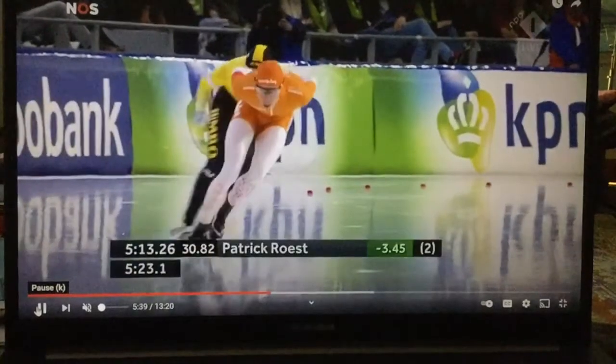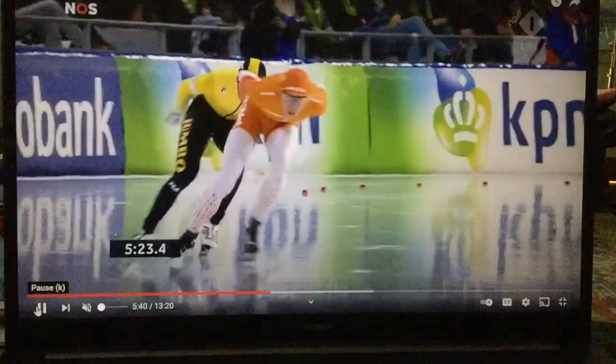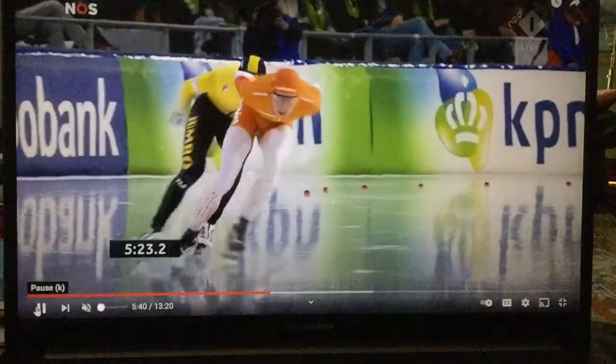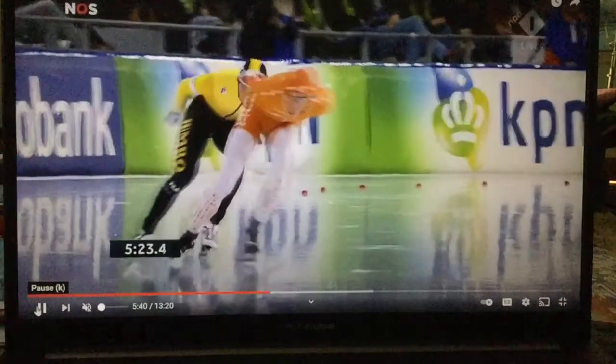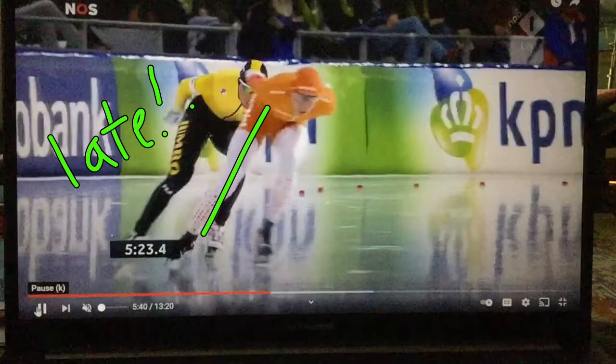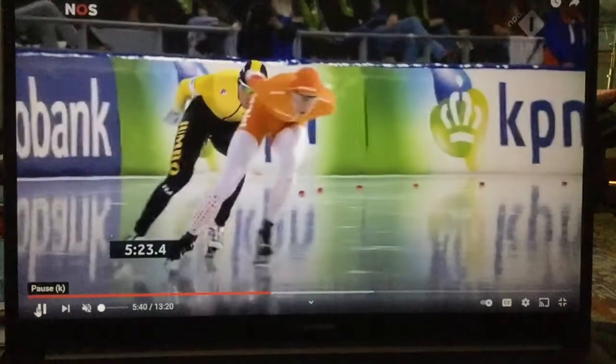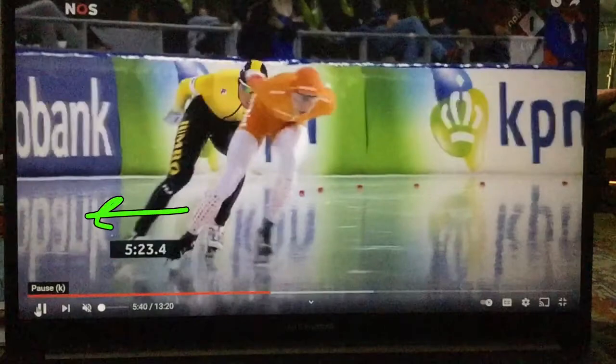But you'll notice, as Jorrit is moving here with the lead, you can see this broken line here. And Patrick is a world champion, medalist. I mean, he's an incredibly great skater, but in this particular shot, he's late. What do I mean by late? This hip is trailing. Notice how this line is very clean. Notice how this line isn't. It could be because he's behind him. That could be. However, just in this shot, it's a good demonstration of watch this skate slide out